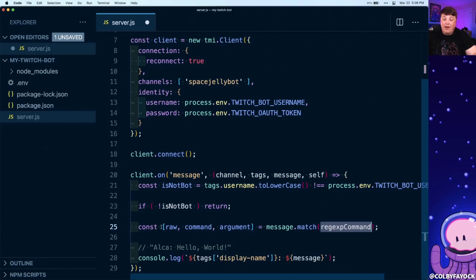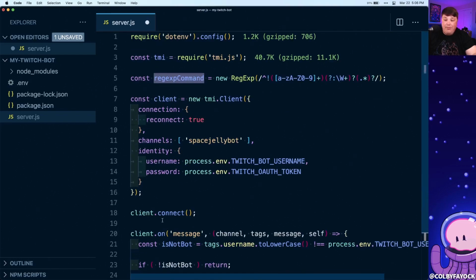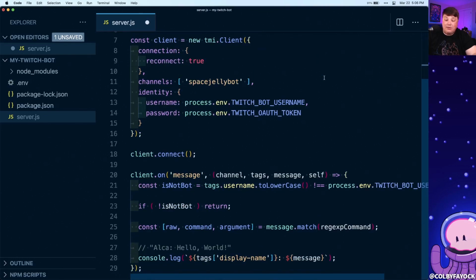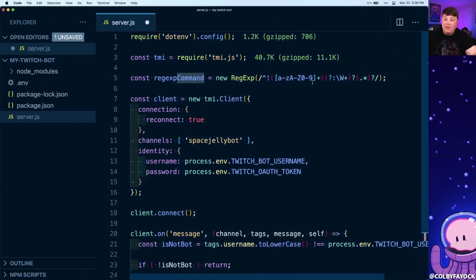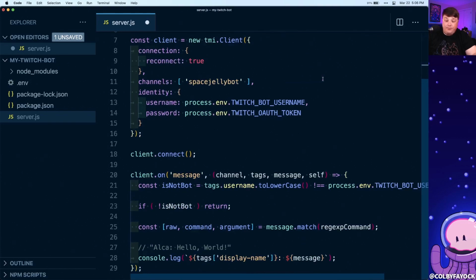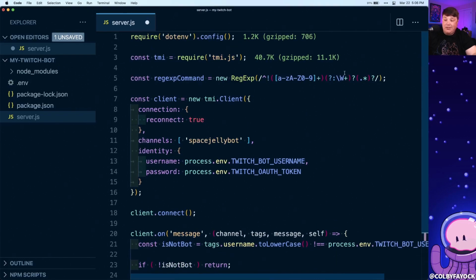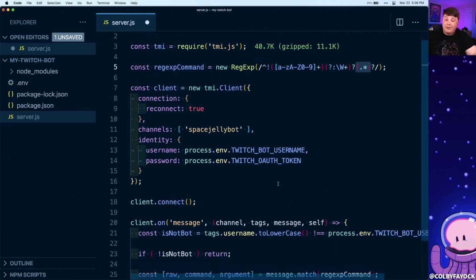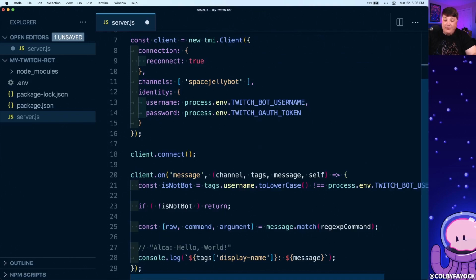So because we are actually capturing values, if we scroll back up, we can see these parentheses, which we noted were actually capturing values. We can see that it is destructured from an array where we have the raw value as the 0 index of that array. For the first index, we have our command, which is going to be that first capturing group. And we're going to also have the argument, which is the second index, which is going to be that last capturing group. So we can then split up those values, we can understand what the command is, and we can also understand what the